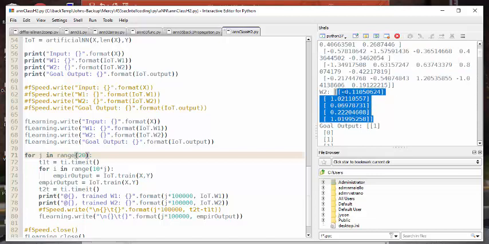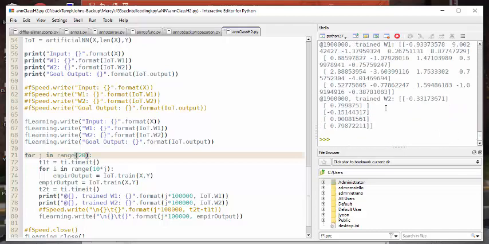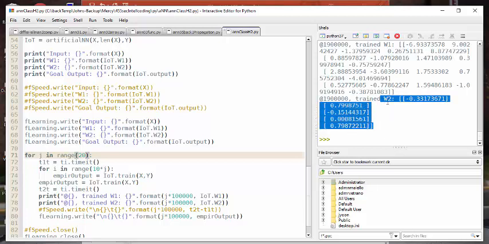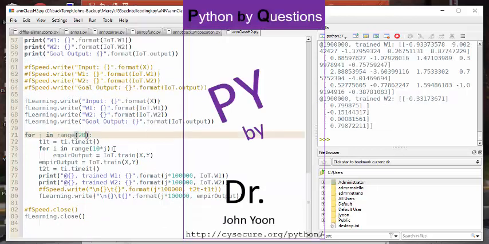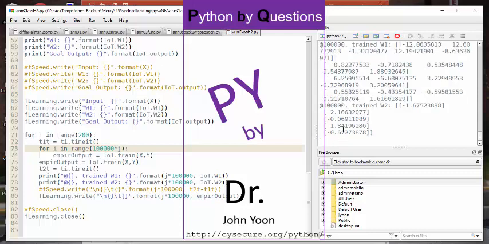I want to see negative 0, 1, 0, 0, 1. It goes all the way here, negative 0, 1, 0, 1. So this is a final version of a trained W2 in that iteration. But if we do this, for example, this is 100 thousands times 200, then at most it goes up to 20 million iterations. Okay, we can see it. It takes